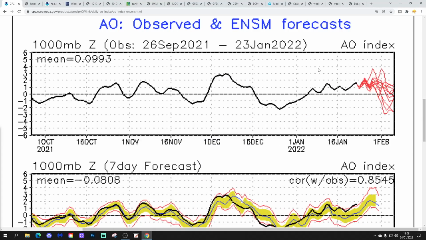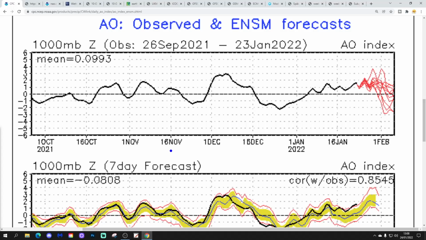Right, going to start off with the Arctic Oscillation observed and forecast. So the AO observed and forecast is just an index. The AO is just an index that's reflecting the atmospheric state, not driving anything in its own terms, it just tells us what the atmosphere is doing. When the AO is in its positive phase, we've got low pressure over the Arctic and over the North Pole. When the AO is in its negative phase, we've got high pressure blocking over the Arctic and the North Pole. And blocking is the route for getting cold air out of the Arctic and down into the mid-latitudes, a lot of the time, anyway.